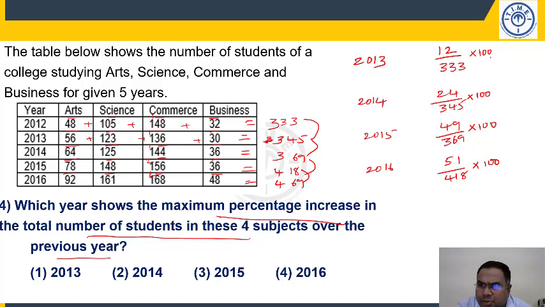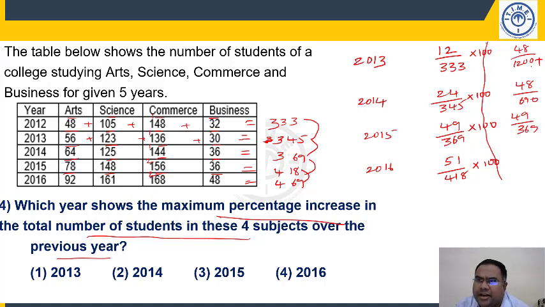Right, now if you observe here, the into 100 is common, you can ignore it. Now if I multiply 12, 24, 49, let us say it is 48. If I multiply by 4, this will be 48 by 300 into 4, which is 1200 plus. 24 into 2, it is 48 by, 2 times if I do, it will be 690. This is 49 by 369. So almost the numerator is the same, 48, 48, 49. When the numerator is the same, whichever fraction has the lowest denominator will be highest. So clearly this is gone, this is gone. So what are the two things that are left out now?